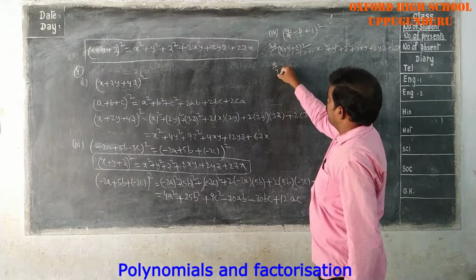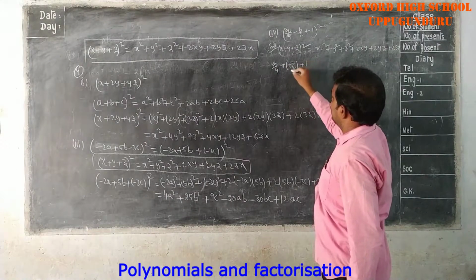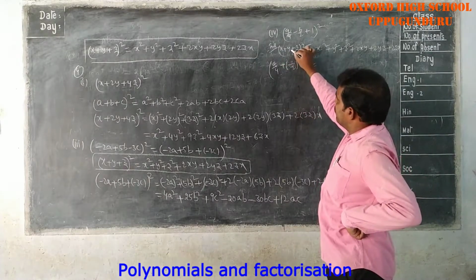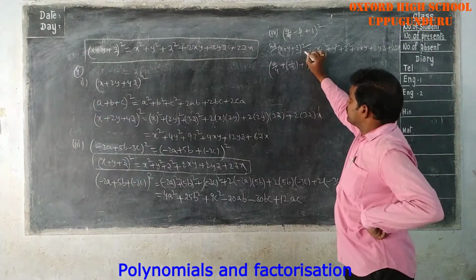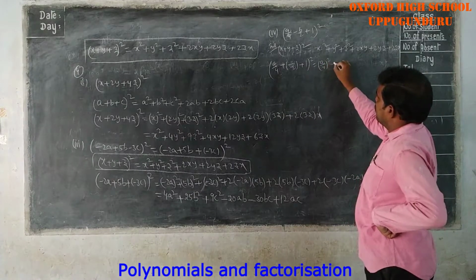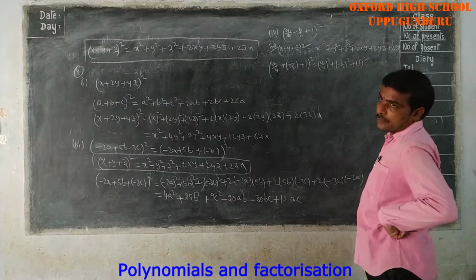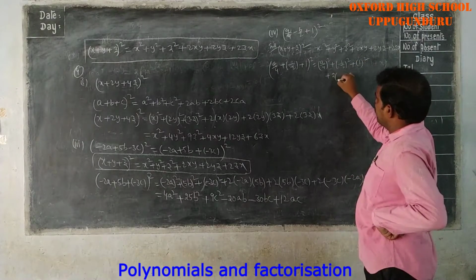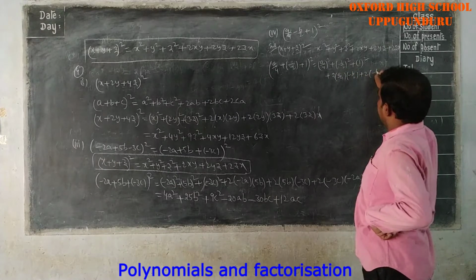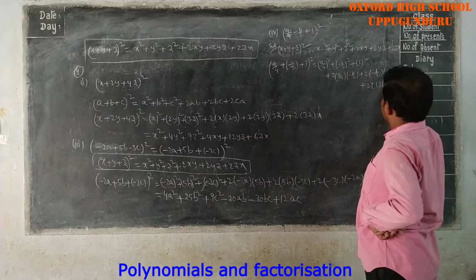Now a by 4 minus b by 2 you can write as a by 4 plus minus b by 2 plus 1, whole square, equal to, in place of x a by 4, in place of y minus b by 2, in place of z 1. So (a by 4) whole square plus (minus b by 2) whole square plus 1 whole square plus 2 of a by 4 into minus b by 2 plus 2 of minus b by 2 into 1 plus 2 of 1 into a by 4,